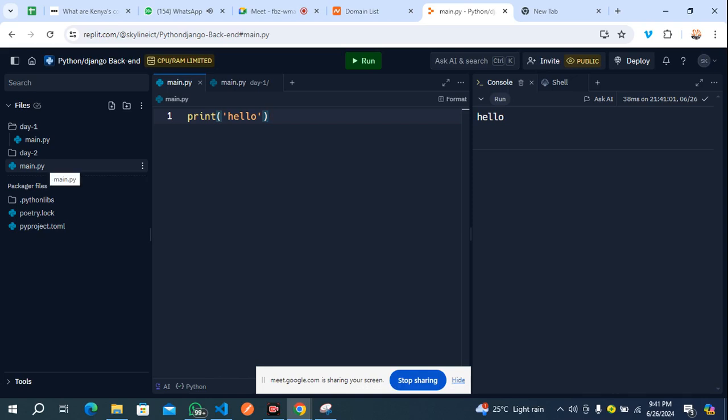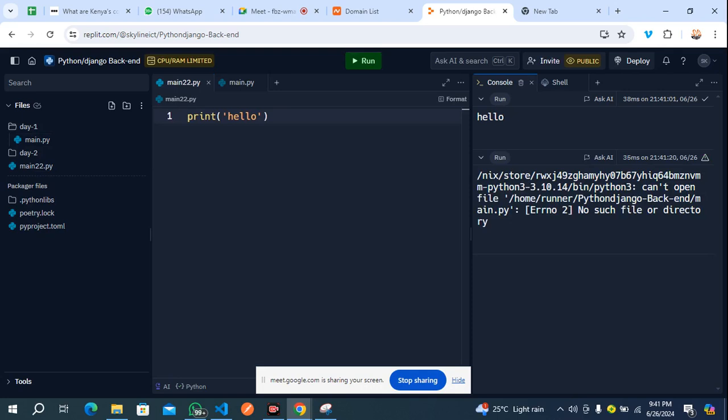Are you getting me? It will still run this particular file. Even if I rename this main file to another name and try to run it again, you notice that I will have an error like no such file, which means that you need to follow a particular pattern.